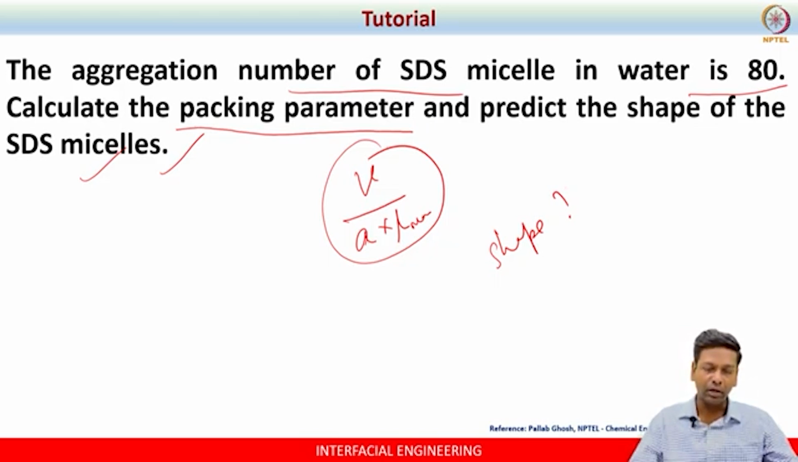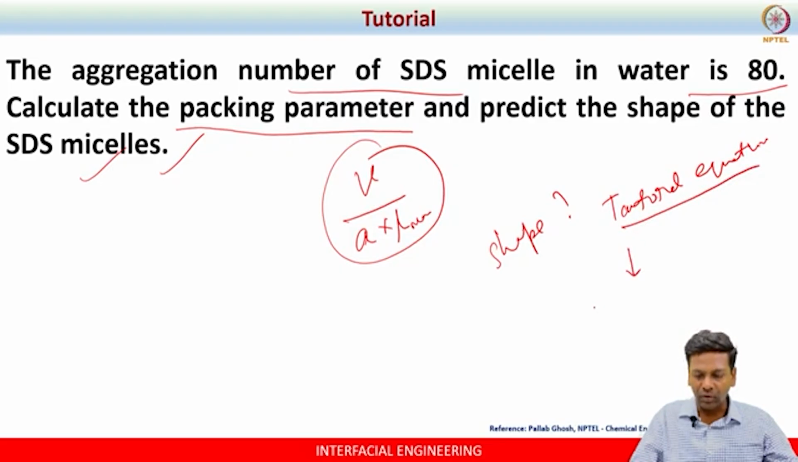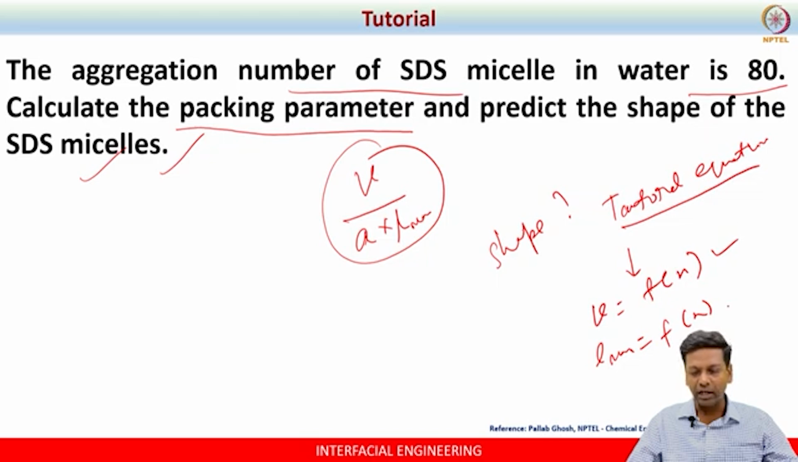Remember, we know the Tanford equation which we saw in the previous lecture. This equation is an empirical equation which is used to calculate V and L max. This is actually a function of the number of carbon atoms. As you can recollect, V and L max can be calculated based on the number of carbon atoms, because here the carbon atoms for this case is 12,